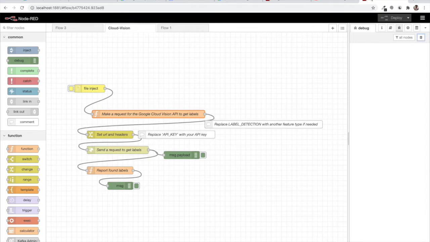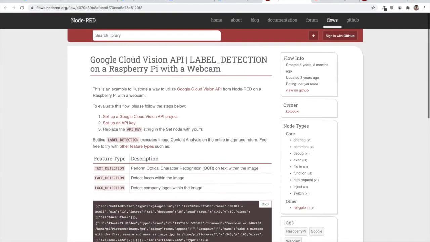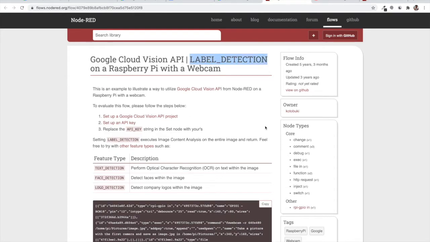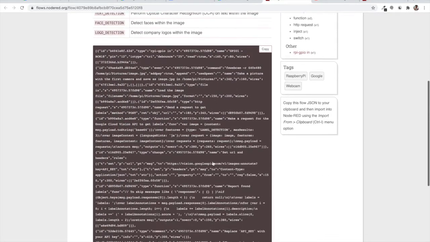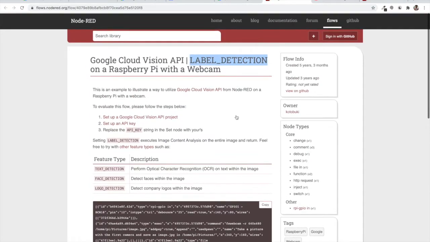The beauty is that you remember that API key part. We have just copied the API key from there, and I would like to give this flow courtesy to this node creator. This is the label detection node which has been developed by the owner whose name shows here, Kotobuki. I'm very thankful to him for making things like that, and this is real help to the community. By means of this video, I'm extending a thanks to you.